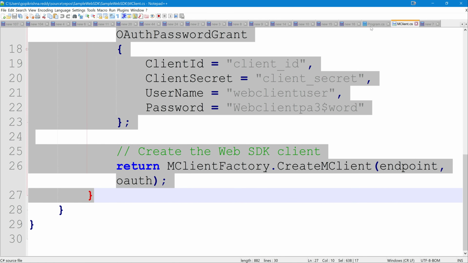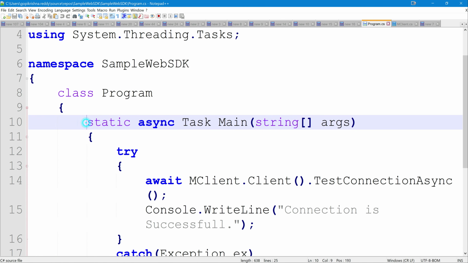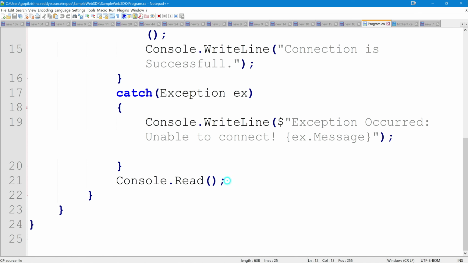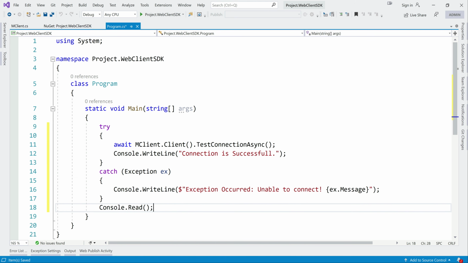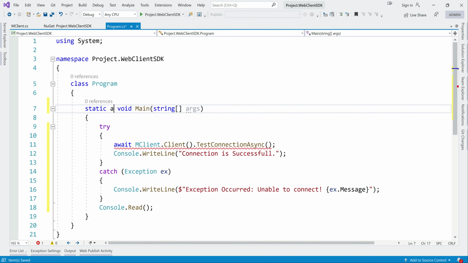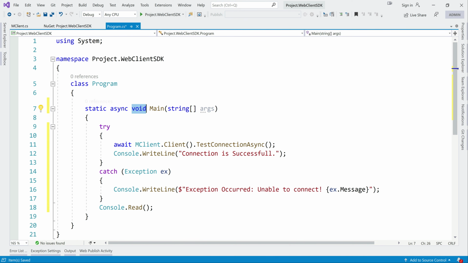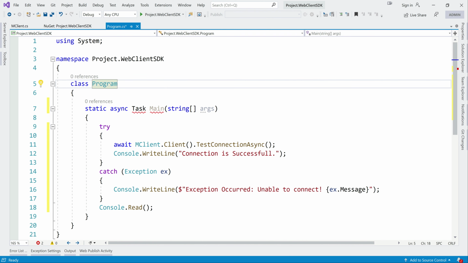I also have the connection written here as well. We need to make it async and Task, as we are trying to call an async operation.